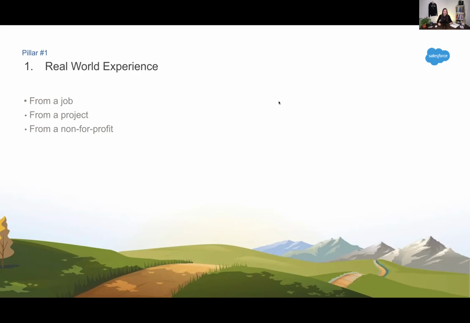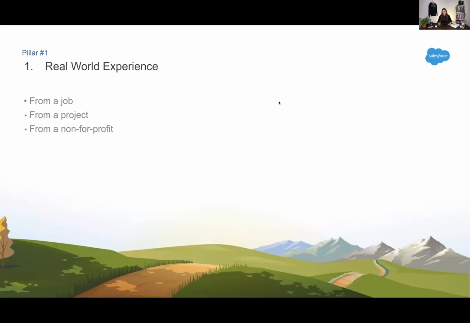I know that building an app might sound quite scary, like you need to know how to code, you need to know how to program. App building, it's got quite an intense connotation with it, but that's just not the case with Salesforce. You can absolutely put together an app that's really useful and fun and provides a lot of value to you without very much experience or knowledge at all.